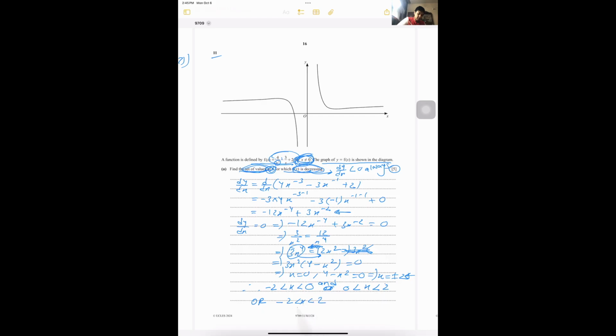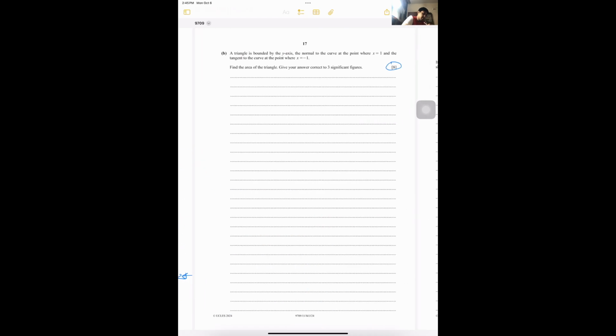Now this range contains 0, right? So to eliminate this, we will just write x not equal to 0. So all the values in this range will be considered except x equal to 0. So I guess that is all with that sum. I hope we have given only the set where f(x) is decreasing. Right, that is correct. A triangle is bounded by the y-axis,